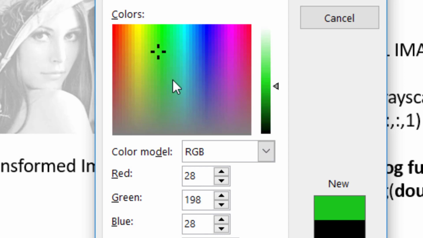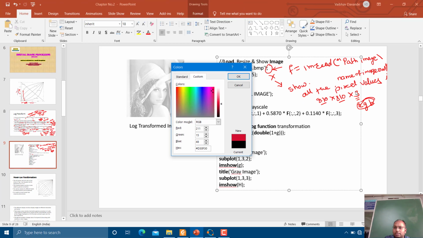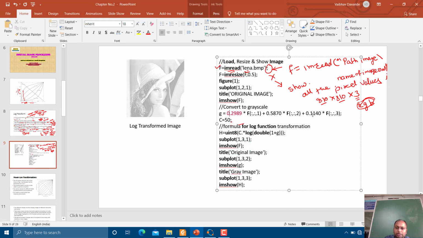So let us say this is green. In that case, green is dominant there. Whenever a greenish shade is there, remember that green is dominant compared to the other two colors, right? If I consider red, then red is predominant over the other two colors. Is that fine? So remember that this is nothing but the color information, RGB. These three informations will also be present in this, let us say these three. Is that fine? Great.